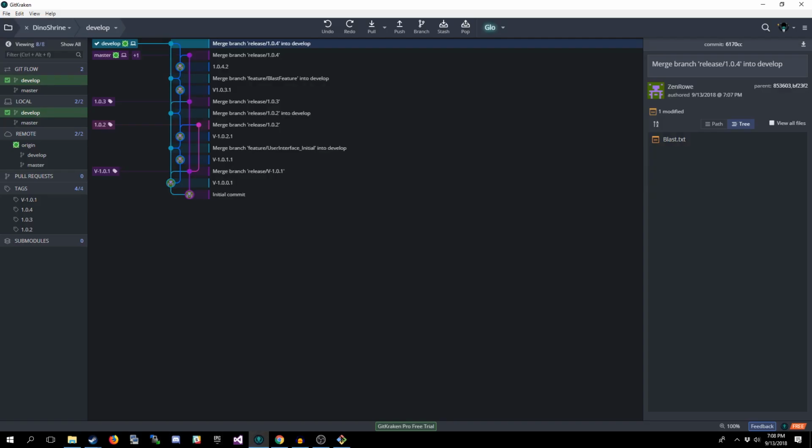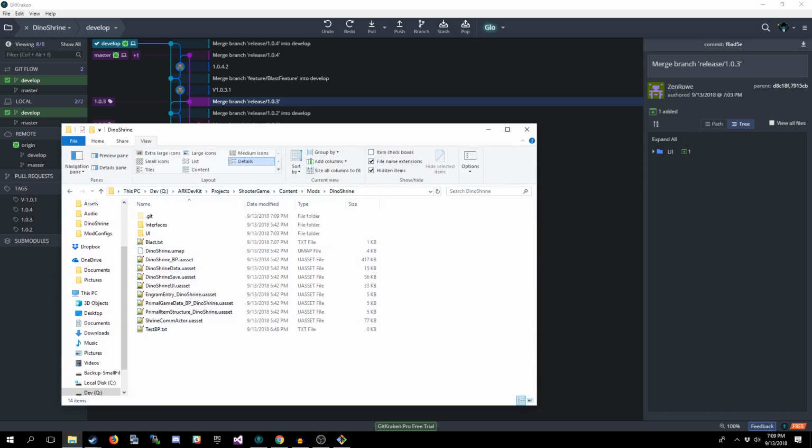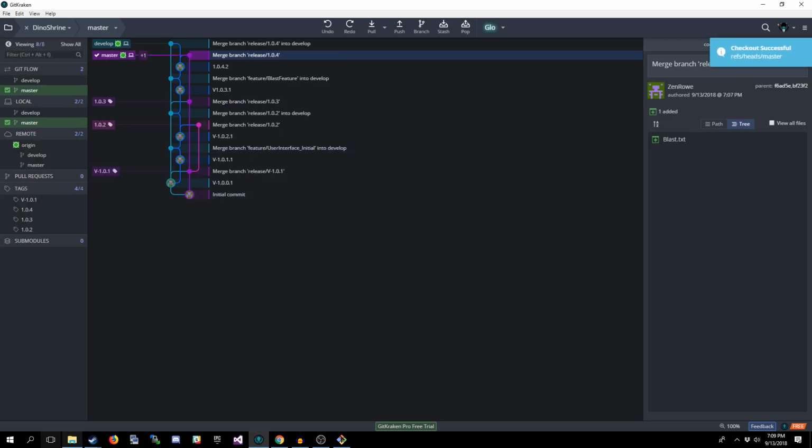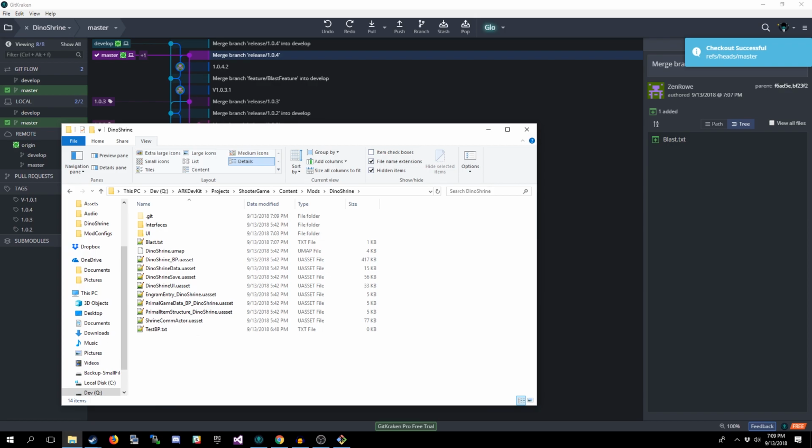Now you can push your feature and such branches to your remote repository. If multiple people are working on it, might be worth doing. Not necessarily required though. But these are the basics of working with Git. Now, basically, here's the deal. If you want to work on your develop branch, you check it out, your files will represent that. If you want to work on master, check it out, files will represent that.